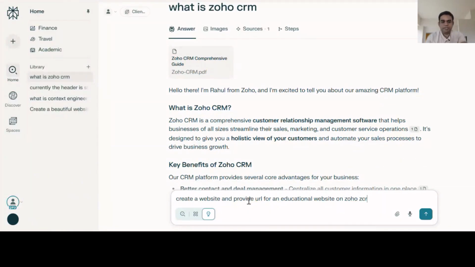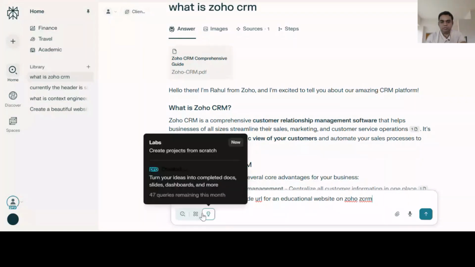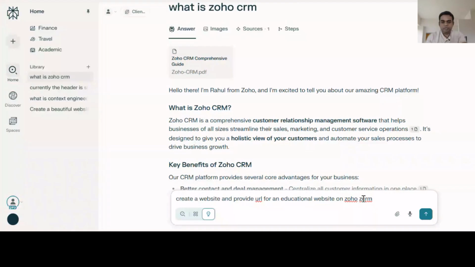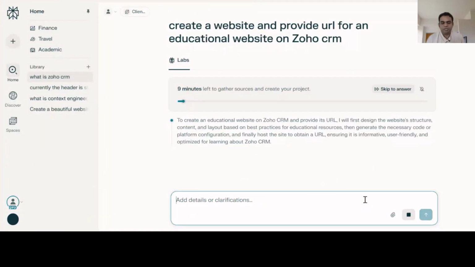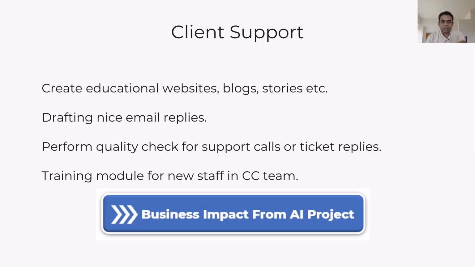I'm using here Perplexity Labs feature. Okay, so you can use Labs to actually build websites or build dynamic dashboards, create files. I'll show you. So it will create a website. Okay, so this is one thing. You can ask it to